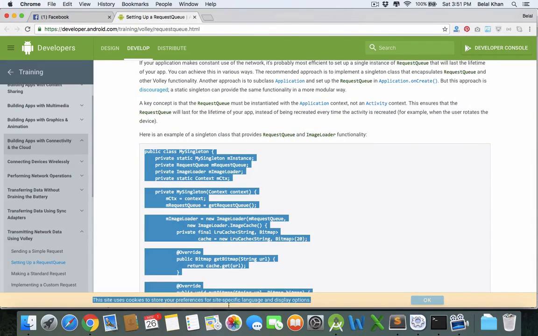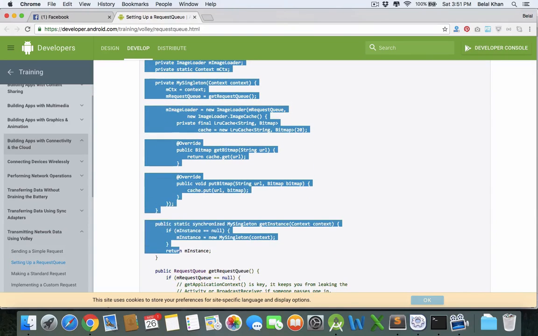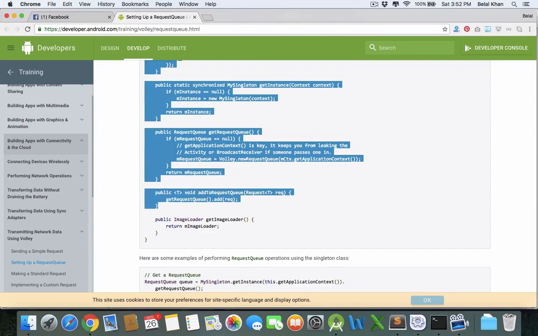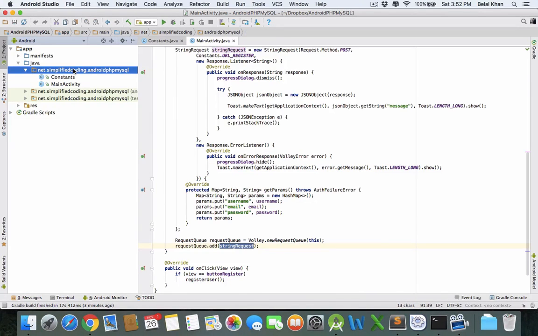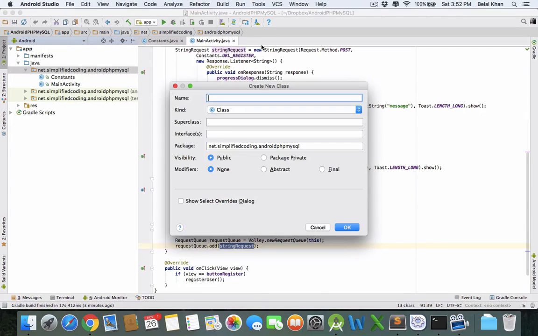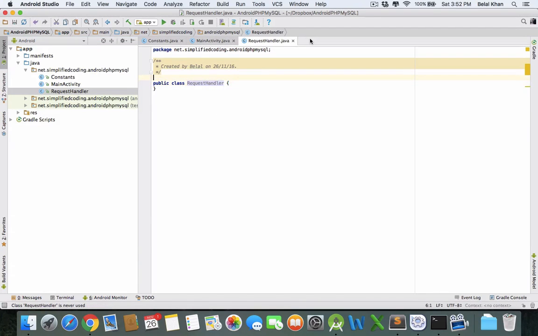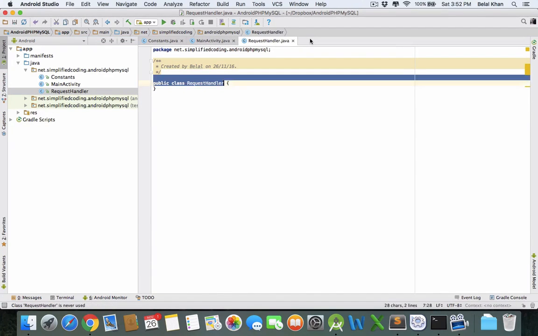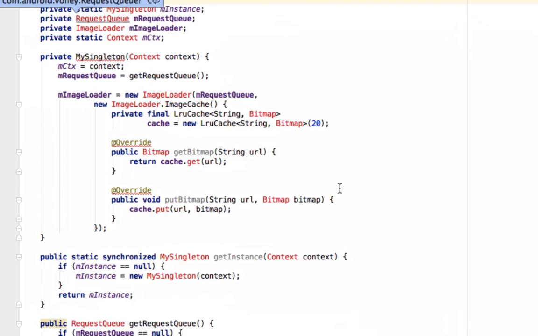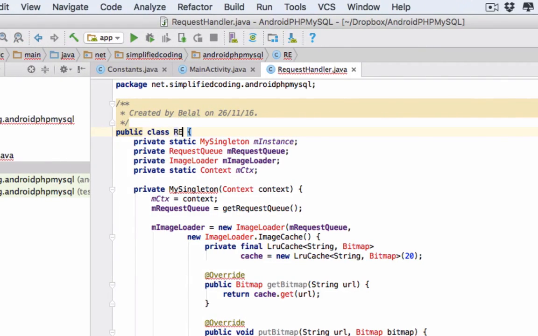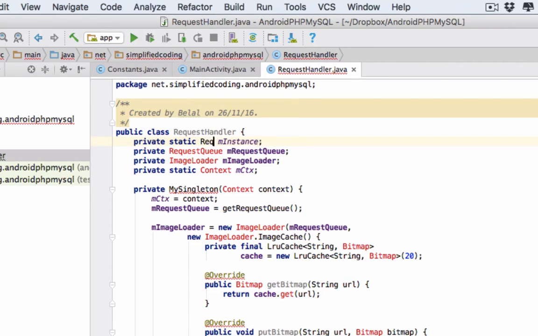You need to copy it, Control C, come inside your project, create a new class. I'm creating request handler and then paste the code you just copied. You need to import the classes and change the class name. So class name is request handler. This would be also request handler,